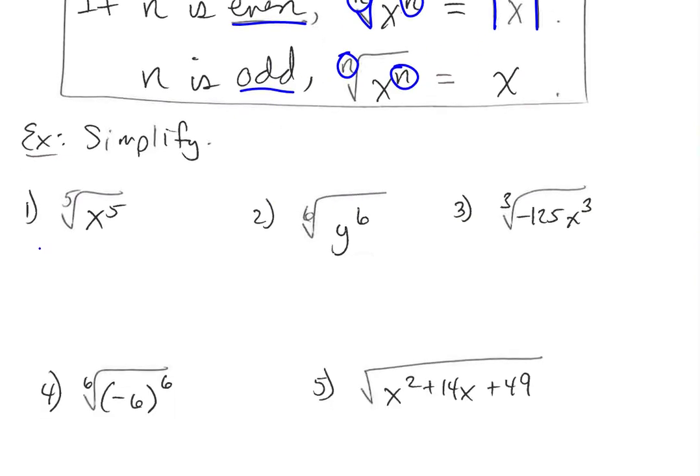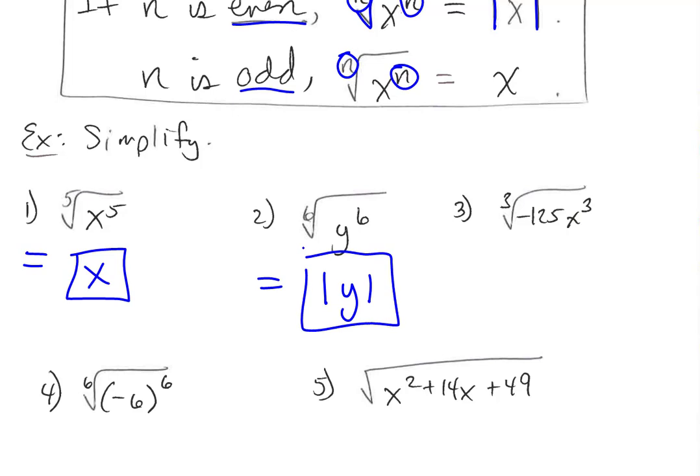For example, if I had the fifth root of x to the fifth, notice those are both odd. That's the case where I do not need the absolute value, so we would just say that's just x. Or secondly, if I had the sixth root of y to the sixth, notice the root and the index match, and they're both even, so that would be the absolute value of y. We would have to put the absolute value with that expression. And then